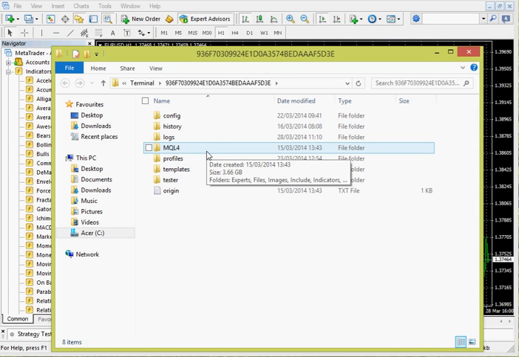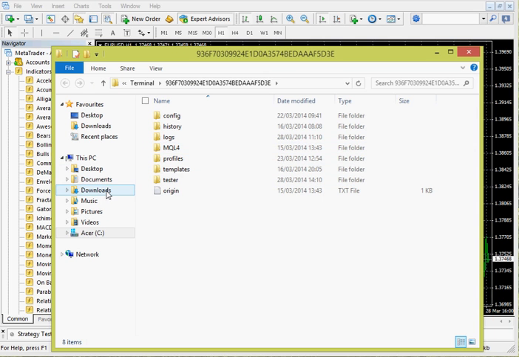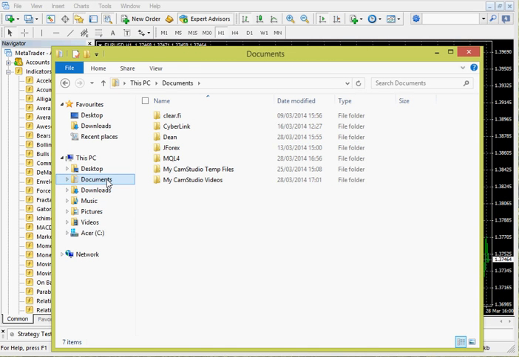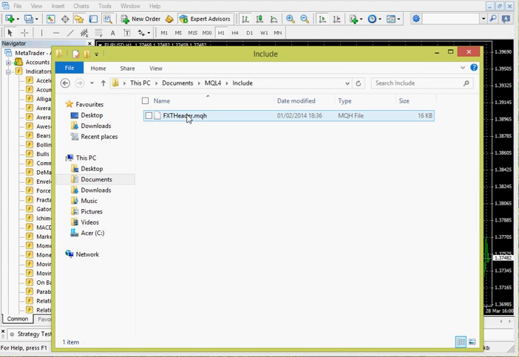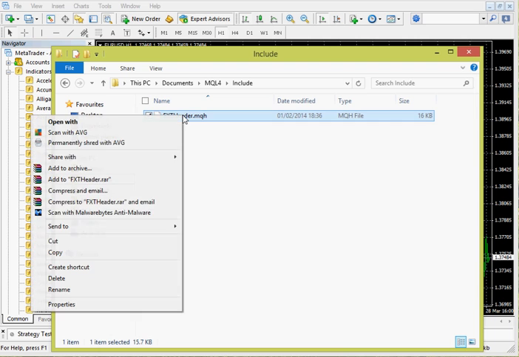So I'll show you if we put some stuff in. If I go to my documents, I've got some files here. If we would say include, this is the scripts and stuff for converting CSV files to FXT, and this is the new updated ones. So you would say FXT header, so we know that it goes in include. So if we copied this,